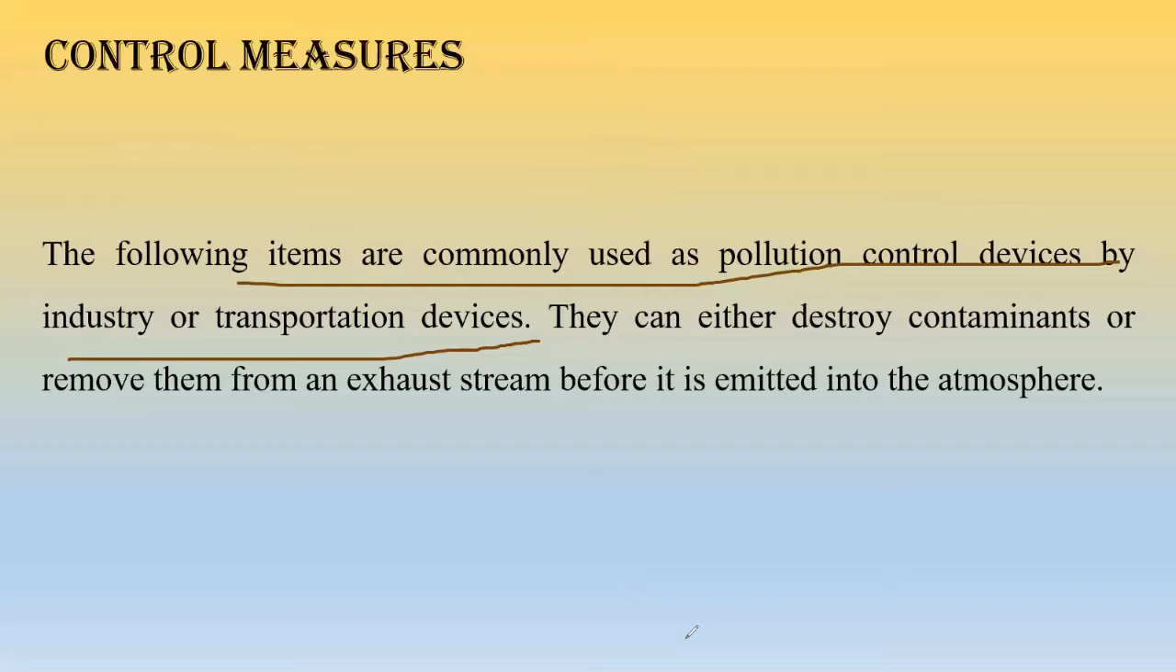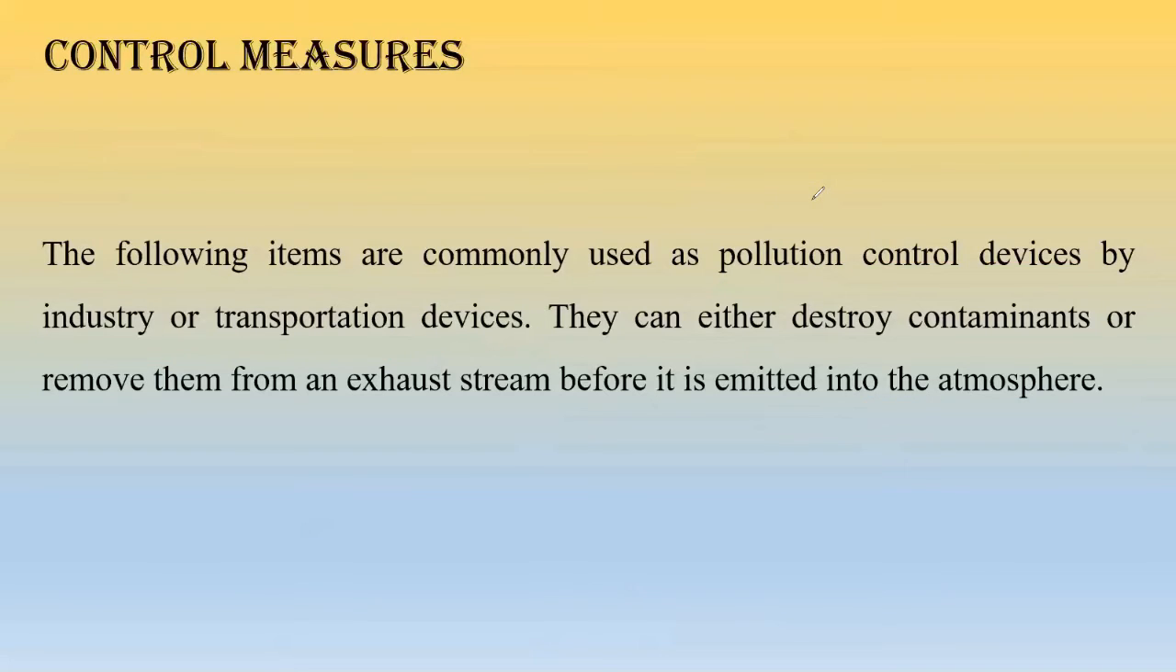Okay, right? Basically, they can destroy the contaminants or can remove them from an exhaust stream before they are emitted into the atmosphere. So that is what I was talking about, that either we need to control them, we need to stop them, or else we need to convert them to some other form so that they are not harmful for the environment anymore, right? Okay, let us go to the first topic, that is